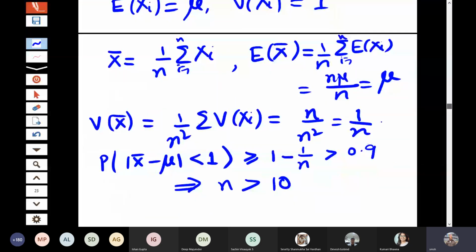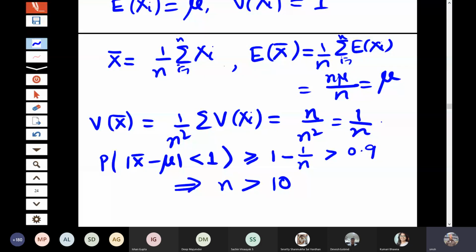So we look at x bar here. If I want to use a statement about x bar in the Chebyshev inequality, I need the mean of x bar and the variance of x bar. The mean of x bar is simply mu itself, because each of the observations has mean mu. Expectation is a linear operator, so the expectation of x bar again gives mu. Similarly, variance is a squared operator, and it will give you 1 by n square, because you are taking the expectation of x bar minus mu whole square. So it becomes 1 by n square times the sum of the variances of xi, which becomes 1 by n.